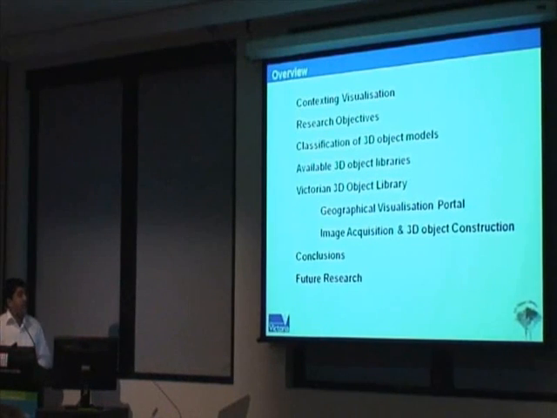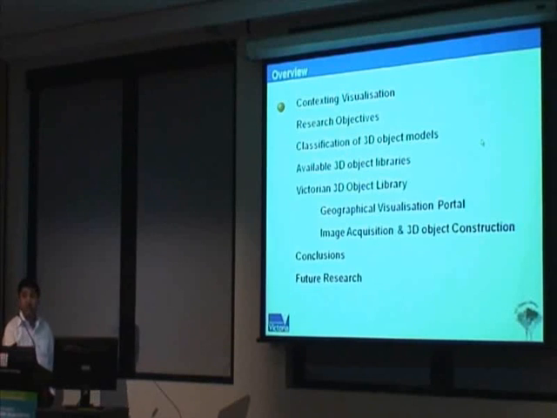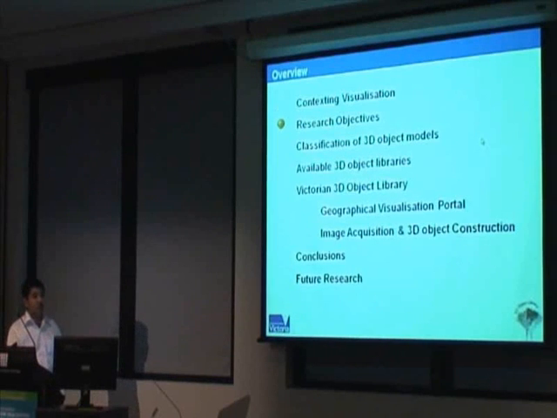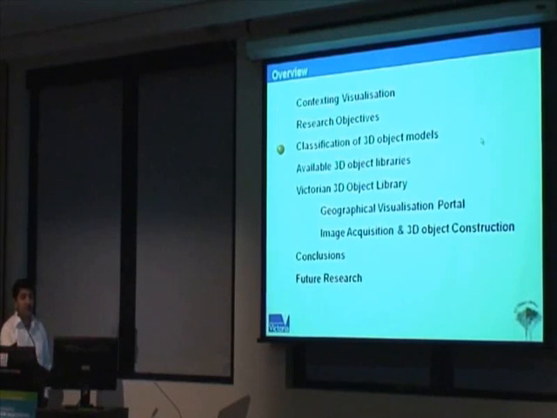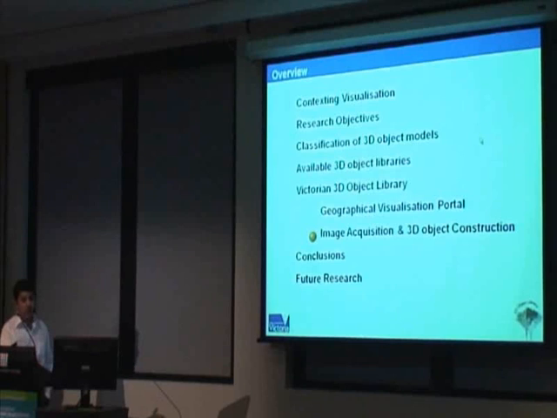Here is the overview of the presentation. First, I would like to contextualize the visualization with the 3D Object Library project, then research objectives, classification and the structure of the models, available existing libraries, then the Victorian 3D Object Library and Geographical Visualization Portal, and how we acquire and construct the 3D models, conclusion of the presentation and future